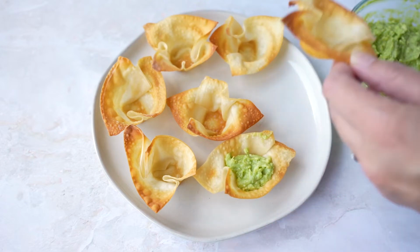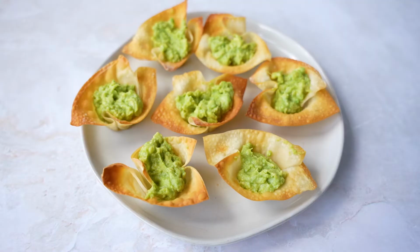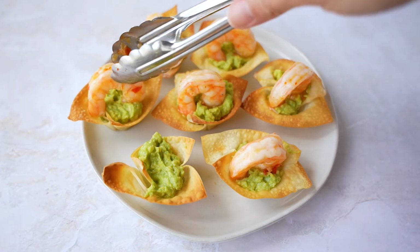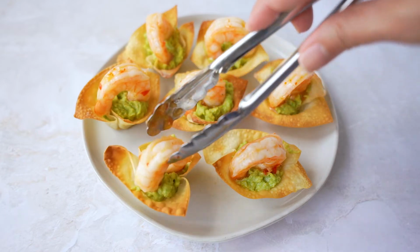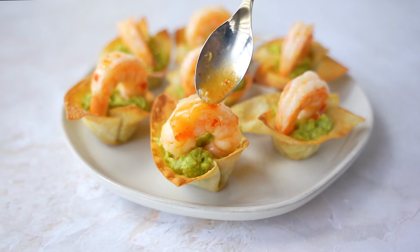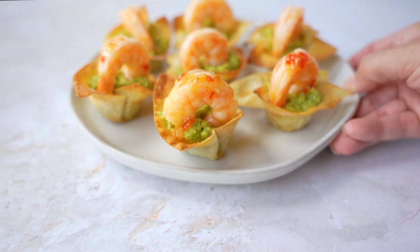Keep in mind, you want to do this right before serving because it will get a little bit soggy once the guacamole sits. And then just carefully place the shrimp in there. I did end up taking off the tails to make it easier to eat. And then I'm going to spoon. I had more sweet chili sauce in the pan, and oh, you guys, it's so sticky, so yummy, and just